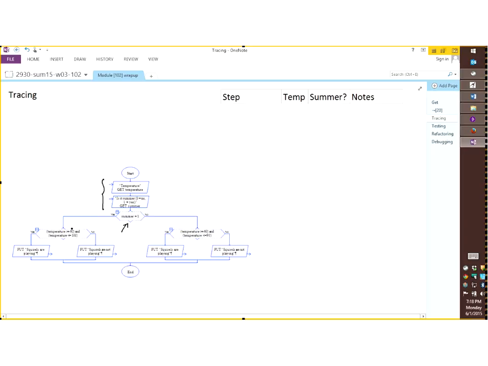And depending on whether it's summer or not, we check the temperature to be within a certain range. Okay, so both this if statement and this one check that the temperature is between an upper and lower bound. Here, the interval that is acceptable for the temperature is 60 inclusive to 100, inclusive as well. Here it is 60 to 90. So in each case, yes or no, is it within the range or not? And if it's within the range, the squirrels are playing. If it's not within the range, then we display a message that says the squirrels are not playing.